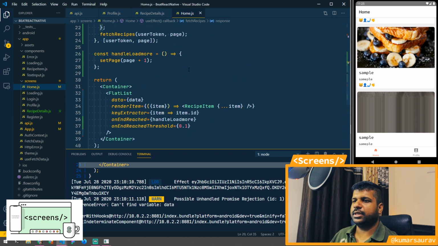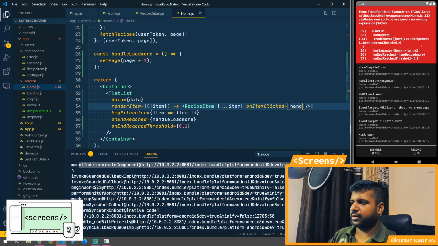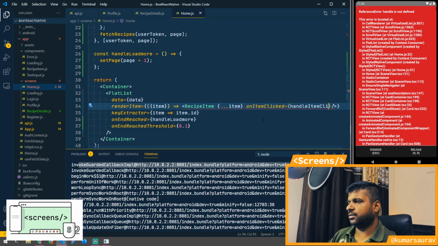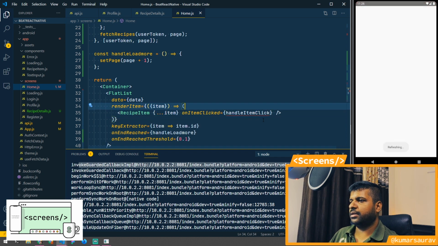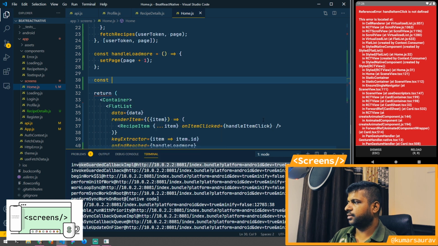In our home.js, we need to add a click listener, so whenever the item is clicked, we can navigate to this recipe detail. In order to do that, let's add a prop called onItemClick, and we'll create a function called handleItemClick. Let's go ahead and define handleItemClick here.